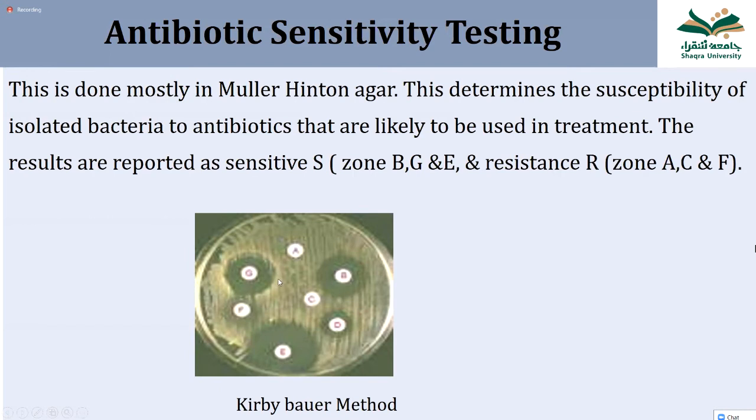And we may be asked to which antibiotic the bacteria is sensitive and to which it is resistant. The one with a large inhibition zone is sensitive to that antibiotic. No zone, resistant. A very small zone, resistant. But if a small zone, not very small, in between, is there, that may be moderately sensitive or intermediate sensitive. In that case, we can say so.